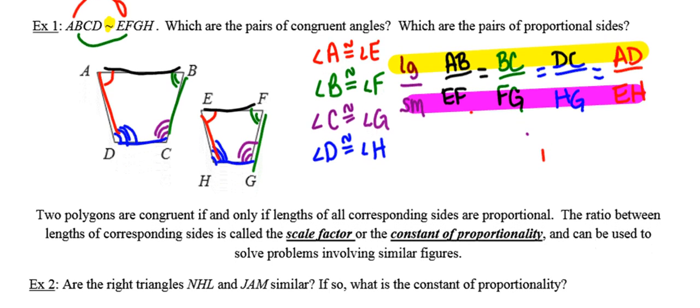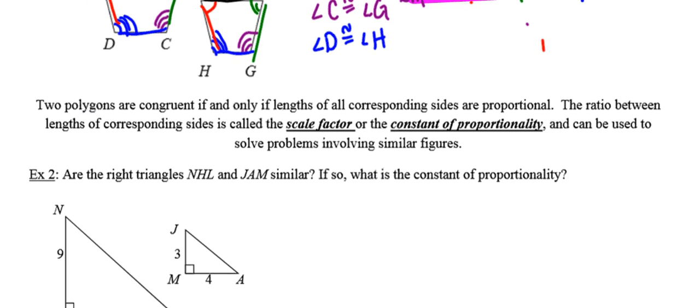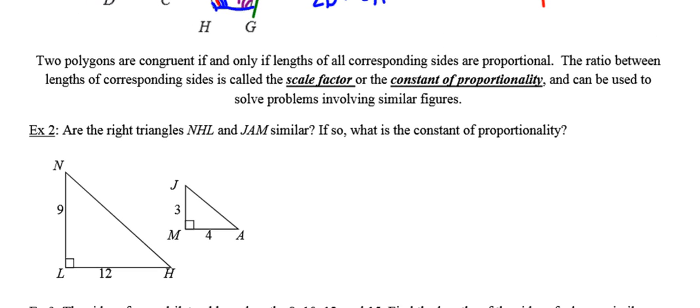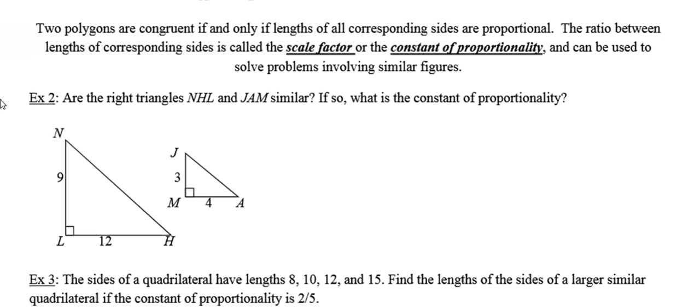We say that two polygons are similar only when all the lengths of corresponding sides are in proportion. The ratio between the lengths of the corresponding sides is called the scale factor, which you've seen before, or the constant of proportionality, which is a new word that you haven't seen. But constant of proportionality just means scale factor. We can use the scale factor or the constant of proportionality in order to solve some problems that involve similar